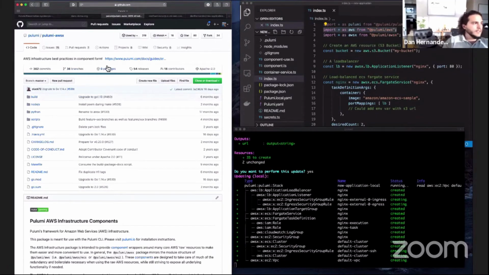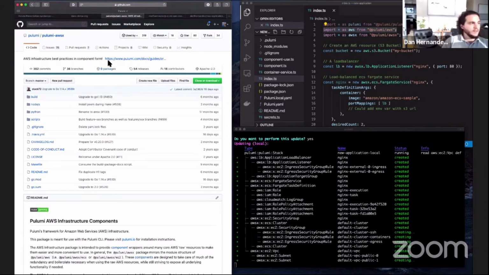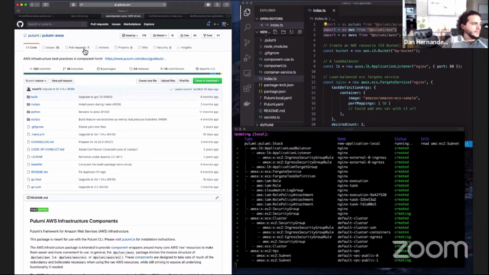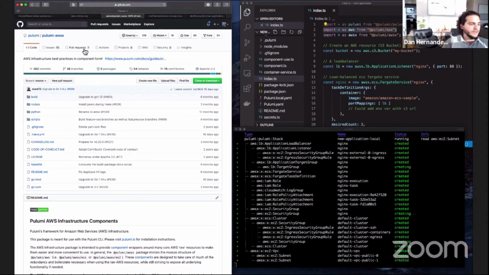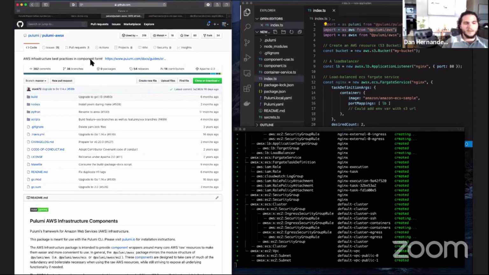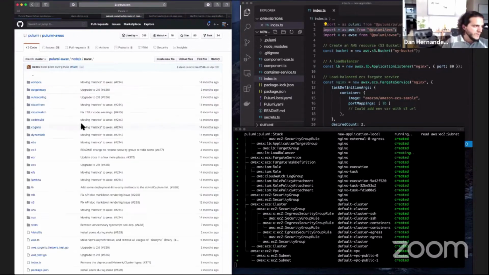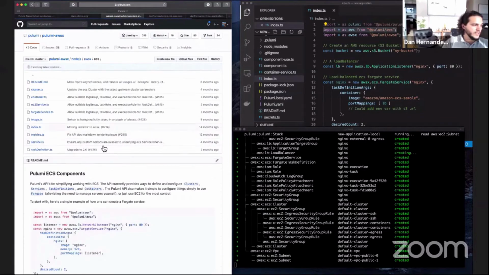So this is our AWS X package. This has been developed by Pulumi engineers, and I think that its largest value is as an example, because many organizations are going to have their own implementation of this, and they're going to have their own nuances of how they want to deploy ECS and any of the other packages. So if I dig in here, you can see we've built components for a lot of various AWS services. In this case, we're using ECS, and we're using the